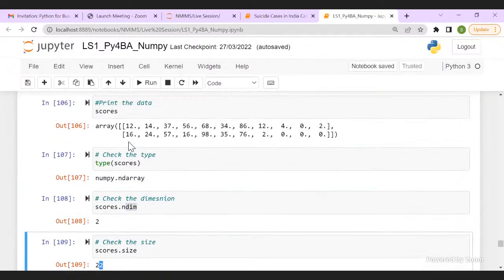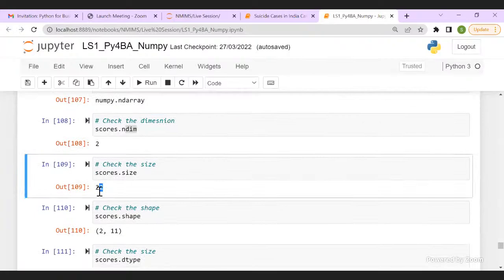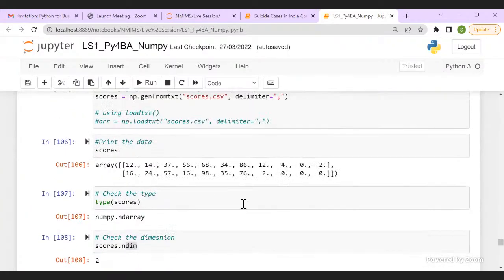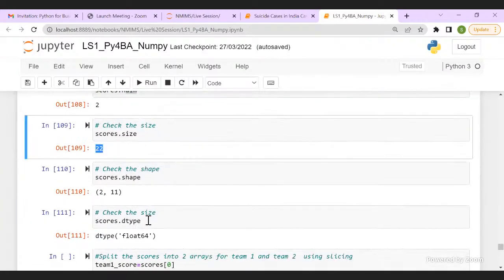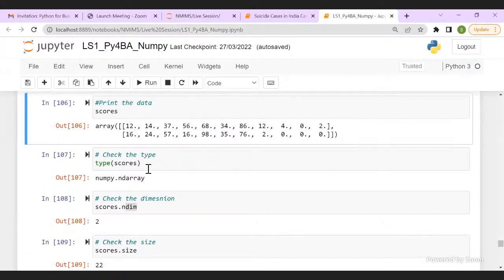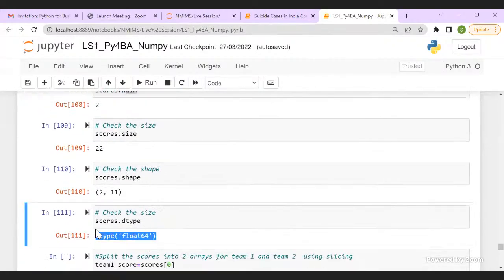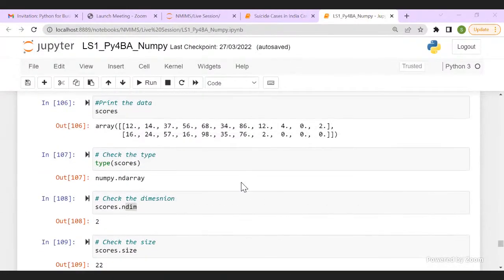That means, you know, there are 11 players who play in cricket and there are 2 teams, so there must be 22 data points. So we have a total of 22 elements. The shape is (2, 11), and we can clearly see it is a float type. Done. Any question in executing the attributes? I think you all got it. Okay, good. All right.